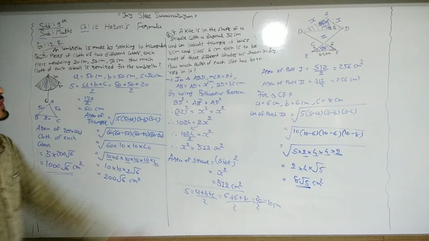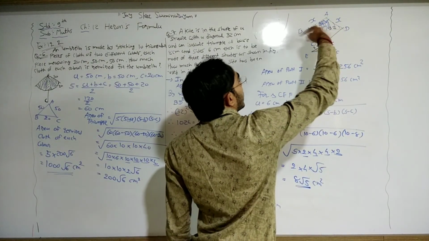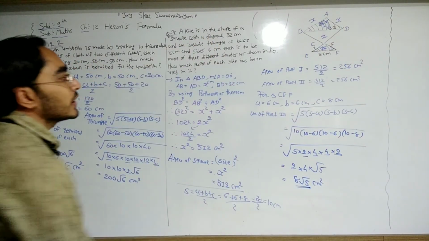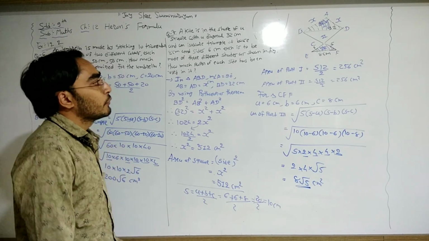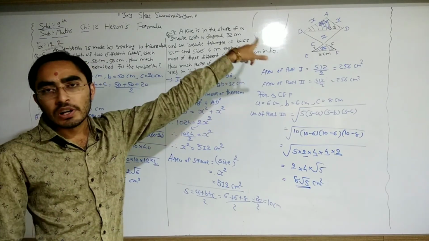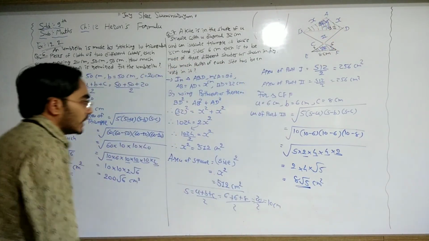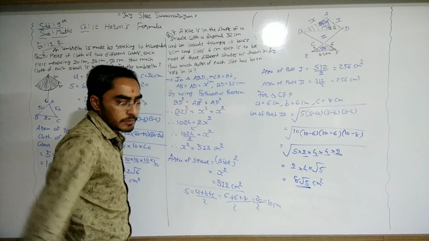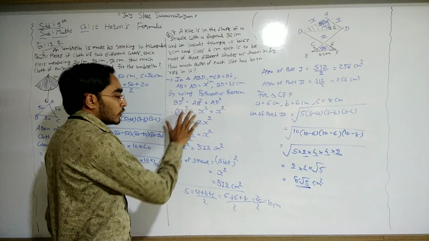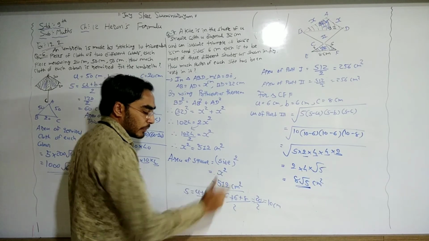So here a kite, again we repeat this solution. First of all, we have one kite with a square shape and an isosceles triangle. For finding the area of square, we need the measurement of side. For that we assume the side is x, and diagonal BD is 32. Here angle A is 90 degrees, so this is a right angle triangle. So we can use the Pythagoras theorem. Hypotenuse square is equal to the sum of squares of the other two sides. From here we get the value of x square. Now area of square is side square, that means x square, 512.